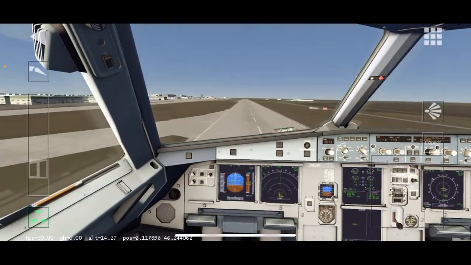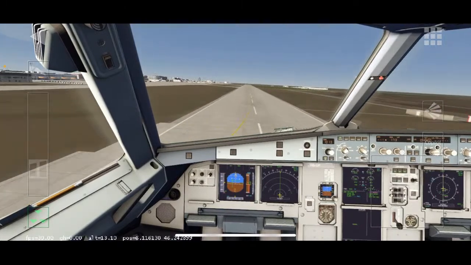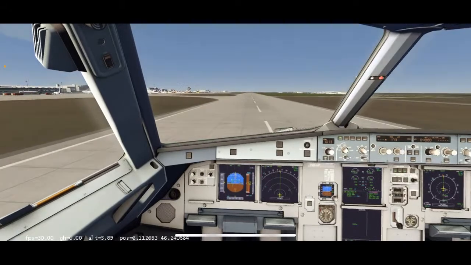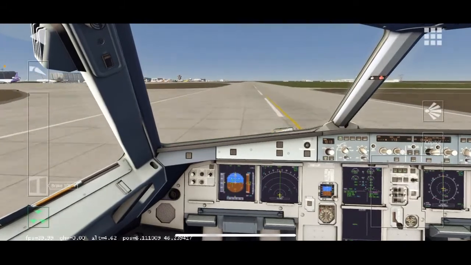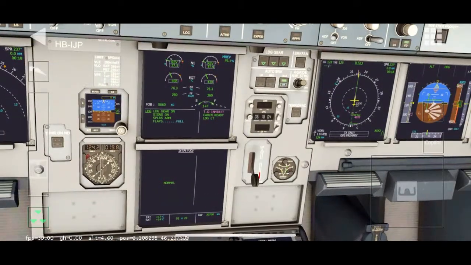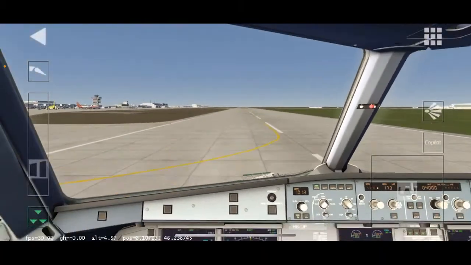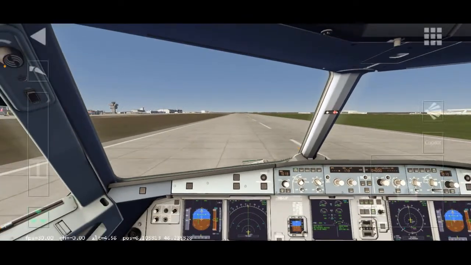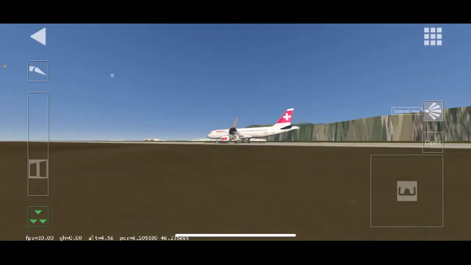No, no, no, no. 20. Retard. Jeez. 5. Max throttle. Max, please. Max. Oh my god. Sheesh. Oh my god.